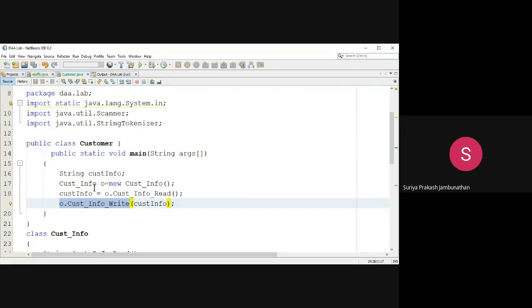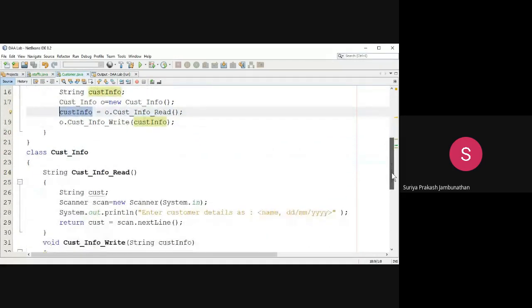So we create the object O, and with that object we call the read method, store the value retrieved from the read method in the custinfo variable, and pass the custinfo variable as a parameter to the write method. So we are calling two methods: the read method for input and the write method for displaying the output.